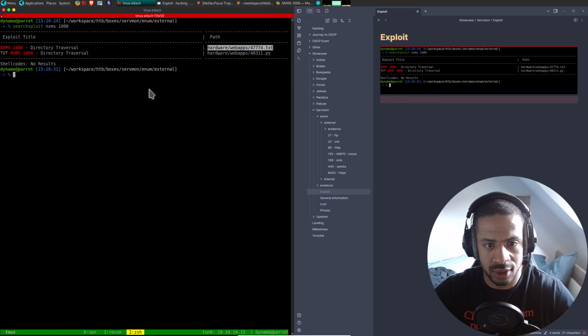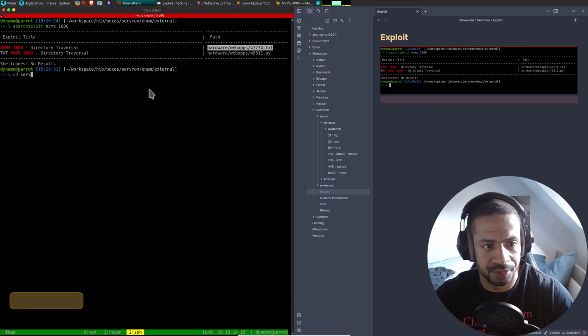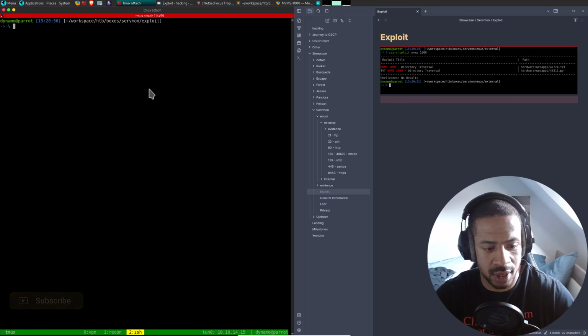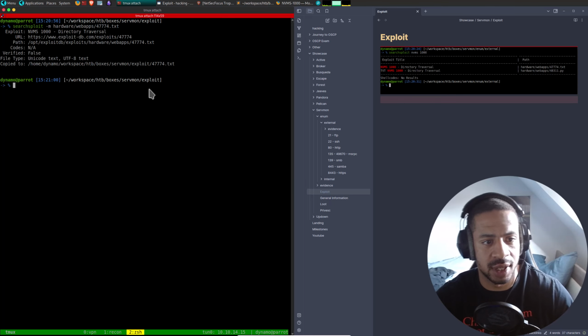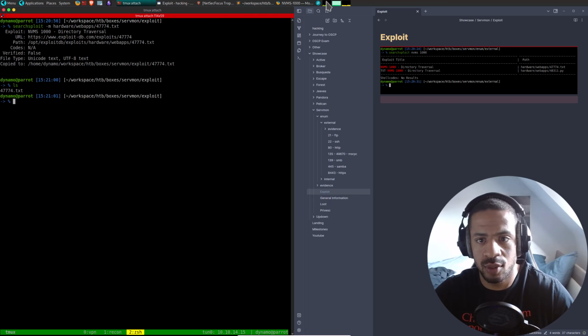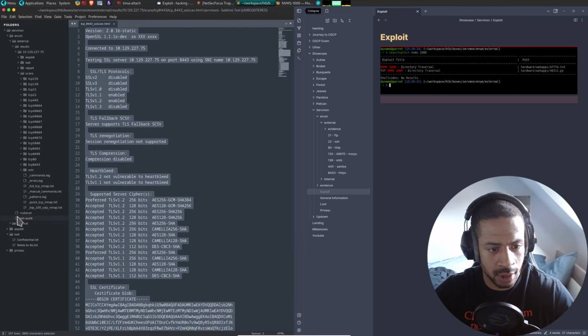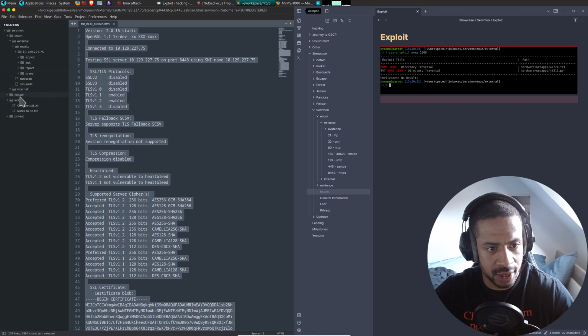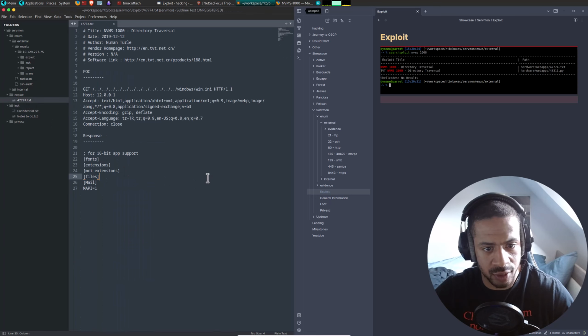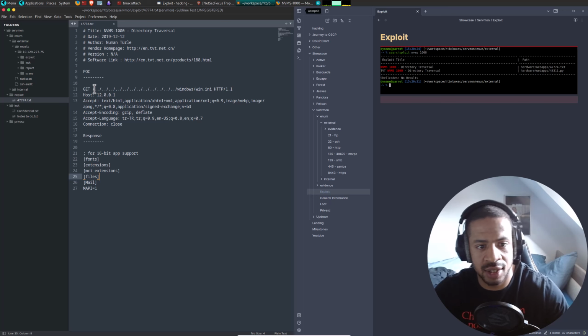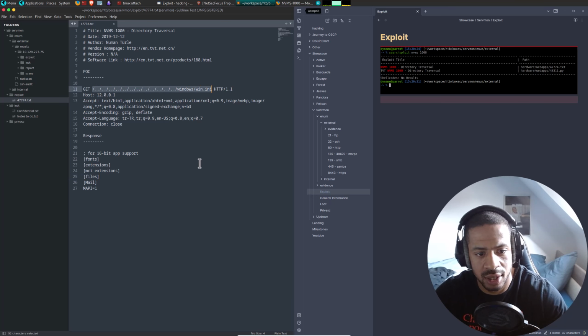Let's download this. Let's go to exploit, and then do Searchsploit this, and then we can read. Let's collapse this, exploit, let's read that. So there is a directory traversal here.